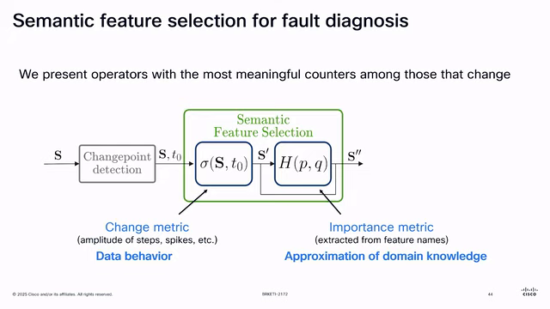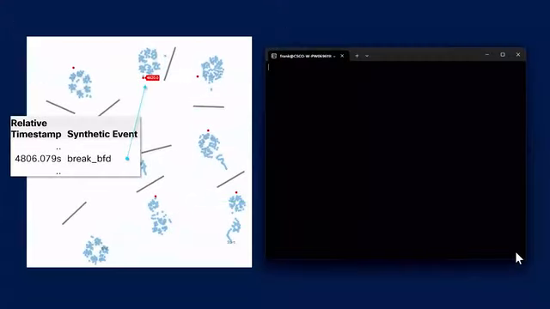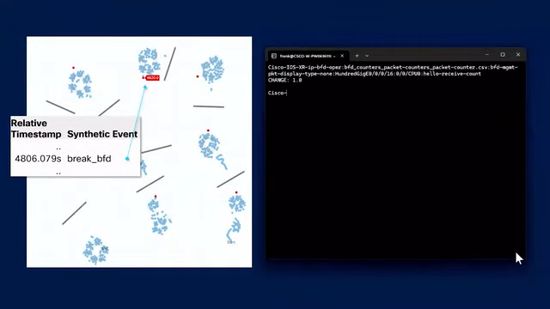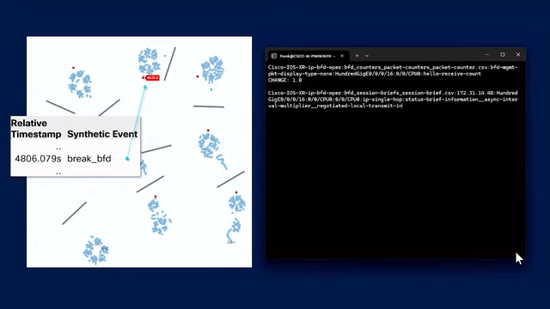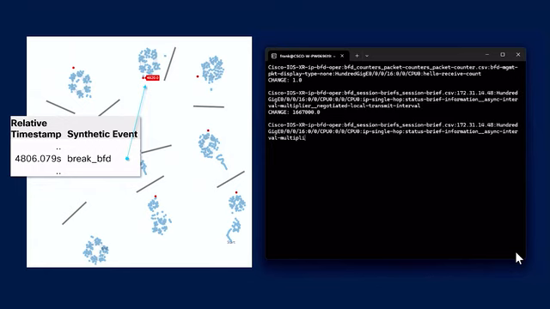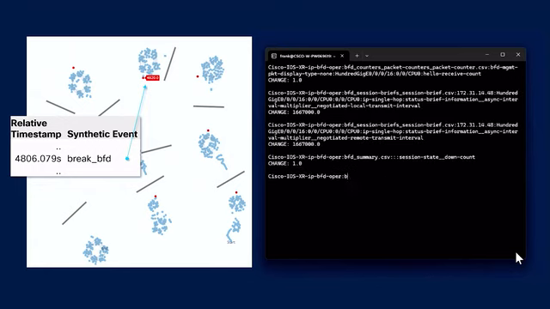And now we're blending this importance metric with my earlier question: is it a spike, an amplitude change, or a step function? We're blending these two things together, and as we blend them, magic happens. It's really magic. So you look at a particular change point where we broke a BFD session, and if I sort my 7,000 time series using this metric for where we broke BFD, what pops out? 5 BFD session counters related to BFD session counters and BFD neighbor changes.